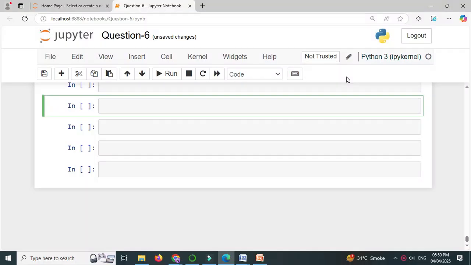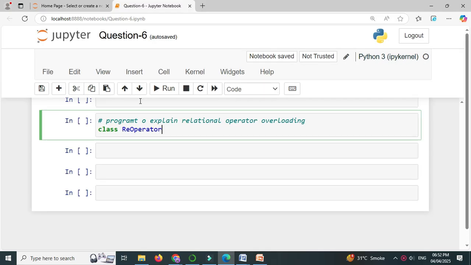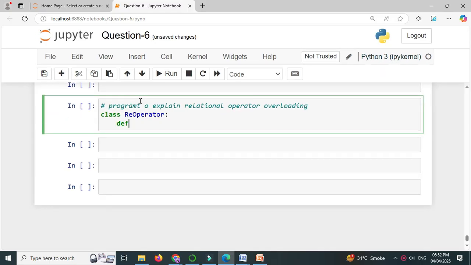Here we will write a program to explain relational operator overloading. So first, in a comment line, we will write: relational operators are less than, greater than, equal to, not equal to, less than or equal to, or greater than or equal to. So first we will define a class as RelationalOperator and we will define a constructor with one parameter